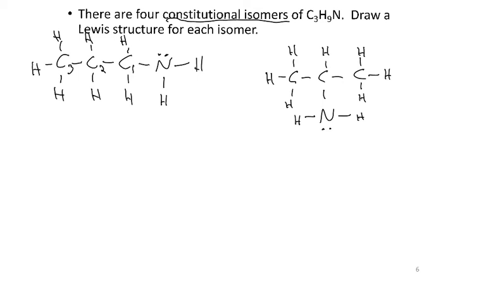Now it might be tempting to put the nitrogen on carbon 3, but that's just this isomer flipped around, right? I could just renumber these as carbons 1, 2, and 3, and so that would actually be the same molecule. So that wouldn't be a different isomer. But rather than having the 3 carbons in a chain, what I can do is insert the nitrogen into that carbon chain. And so I can do